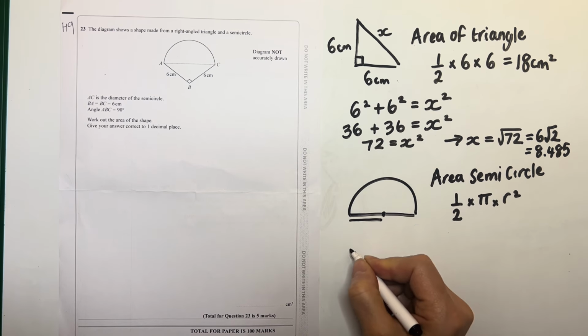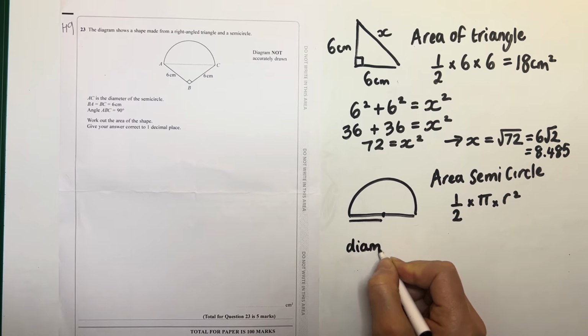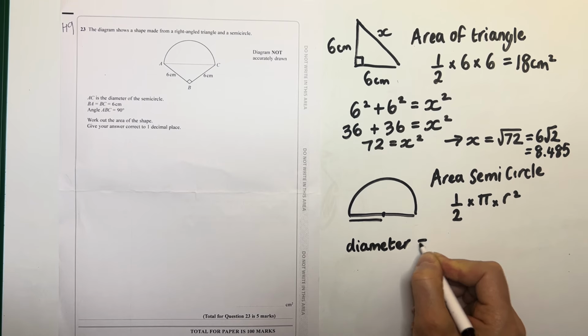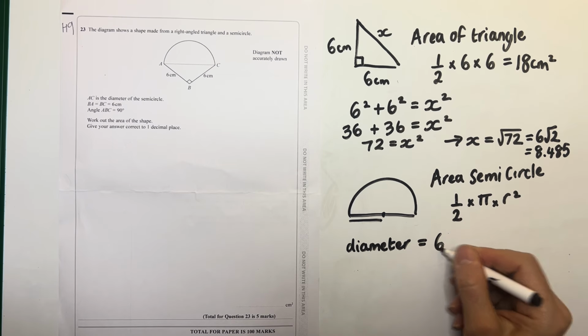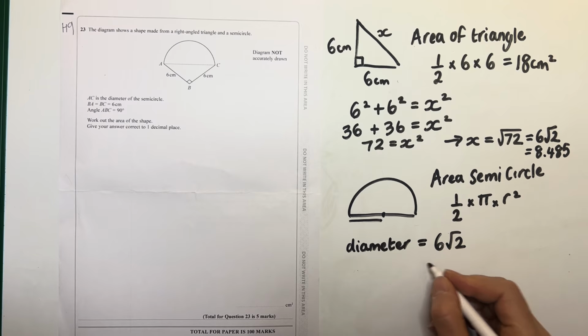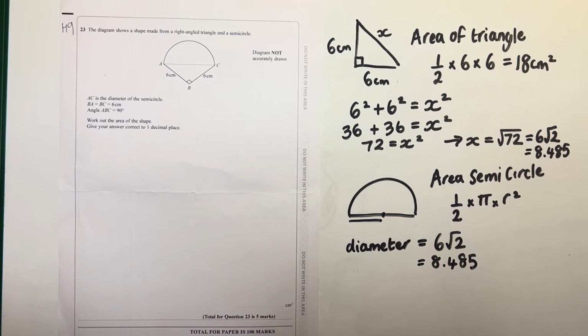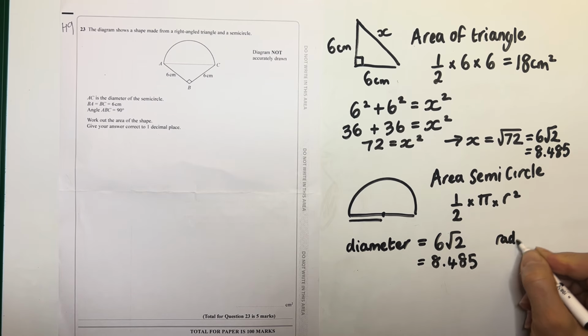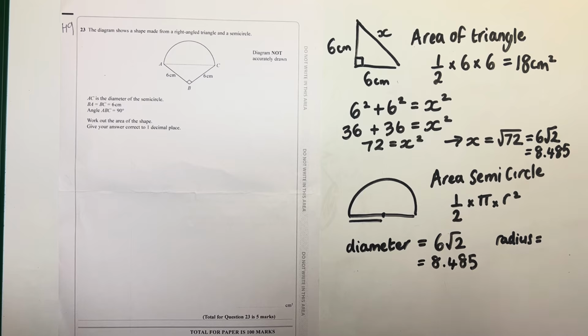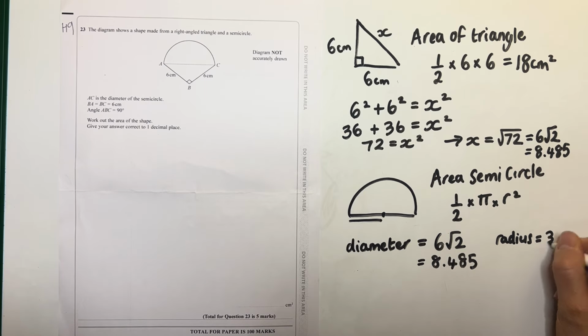So now we know the diameter is our 6 square root 2 or 8.485, whichever you're wanting to use, which means our radius is half our diameter. So our radius can either be written as 3 square root 2 or